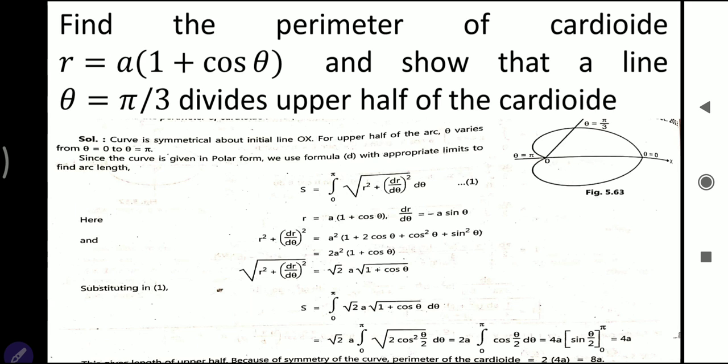Try to trace all this thing. Okay, now here what we want to prove, the perimeter. Perimeter means what? The length of this whole cardioid. We want to find it as